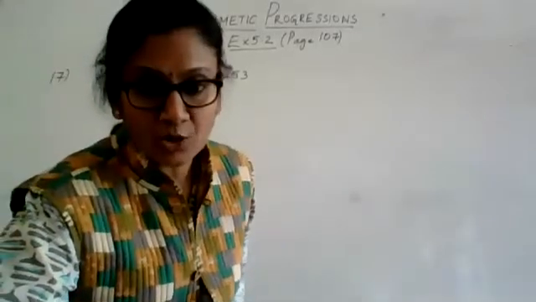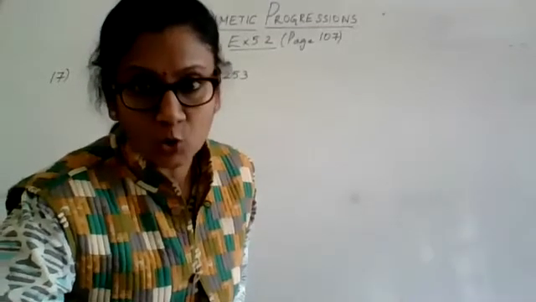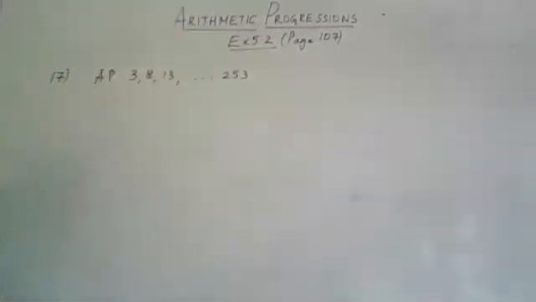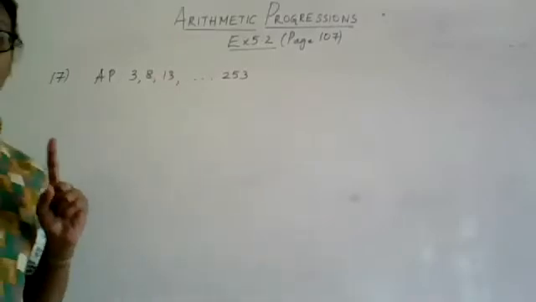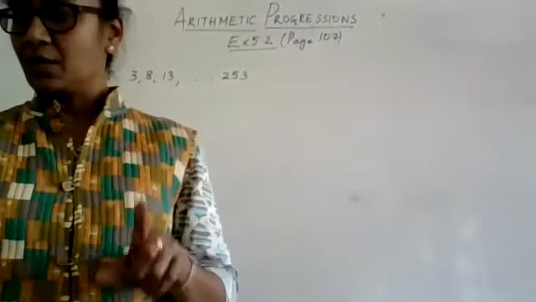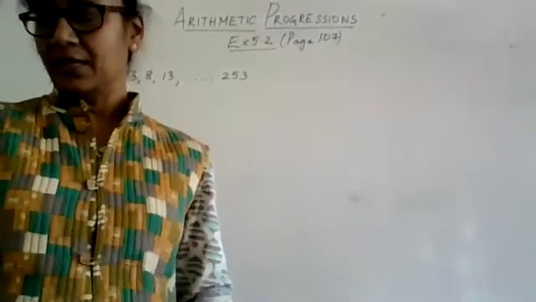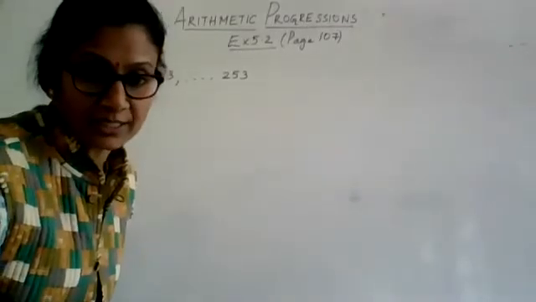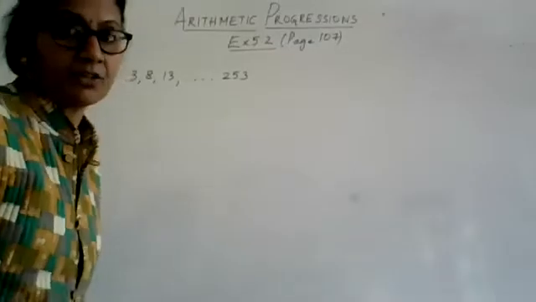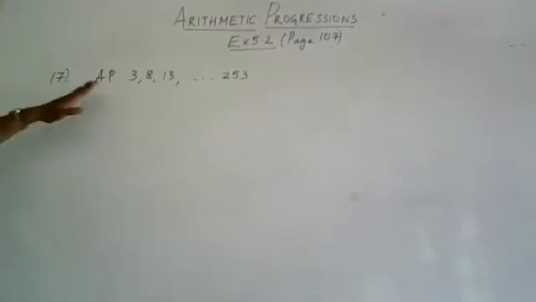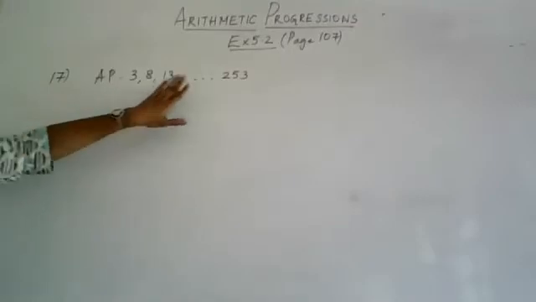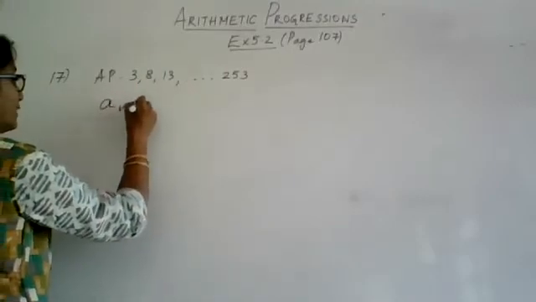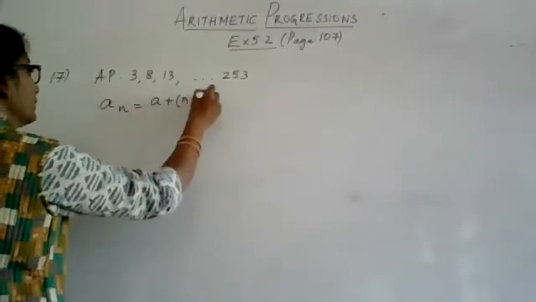If it was simply told the 20th term, we would go and use the a_n formula. But now there is a difference in the way the question is asked. You are asked for the 20th term from the last. I think we discussed this when we took up the formula for the nth term. When the nth term is counted from the front end of the AP, starting from the first term, the formula is very normal: a_n equals a plus (n minus 1) times d.